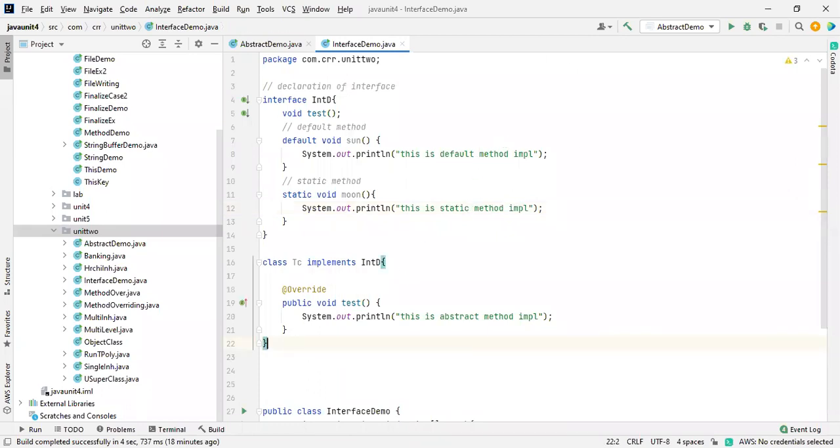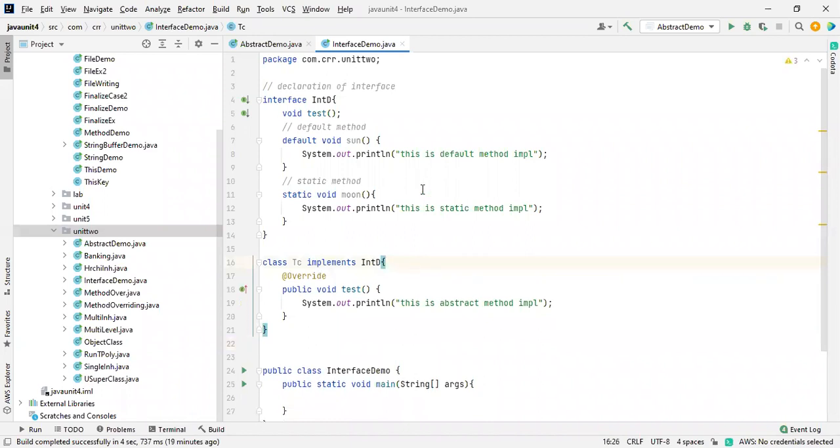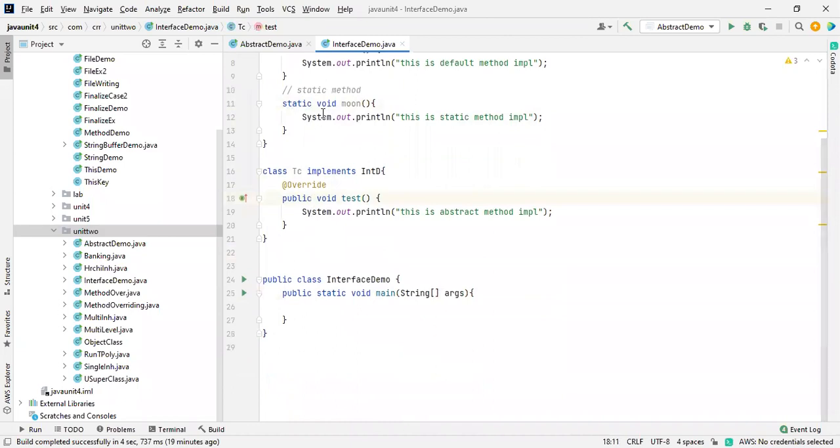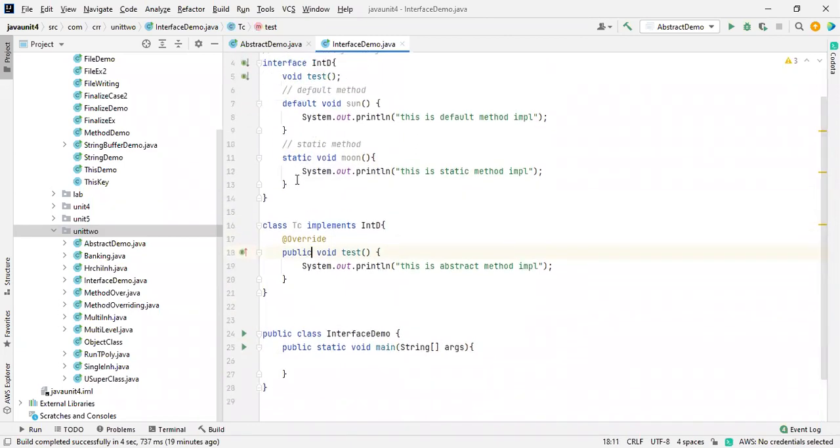Now the accessing concept is somewhat different. The same way, you can directly access that. But here we have a static keyword over here. I think you got my point. This is also static and this is static.